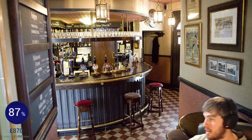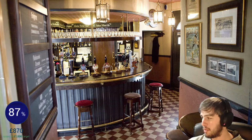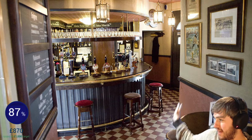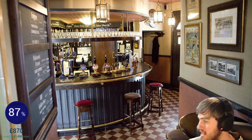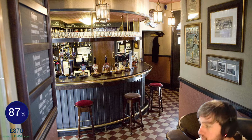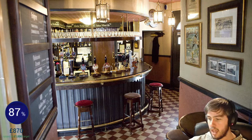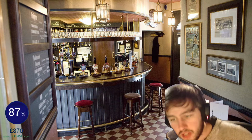If I had more of a professional setup, like more lighting, I suppose it would work. But one side of the blue screen's lit up fine, and that side's a bit dark because of the angle, basically. So I wonder if I can angle it a little bit differently. Would that help, or would that make things worse? A little bit. I suppose that'll do. It's not perfect, but we don't have to be perfect. It's okay. So yeah,